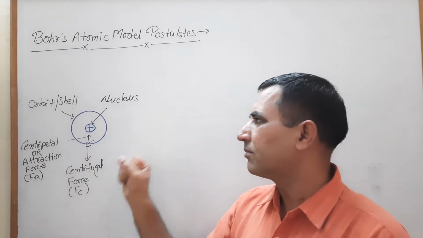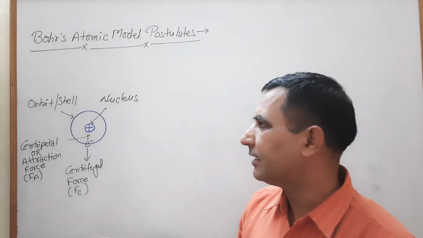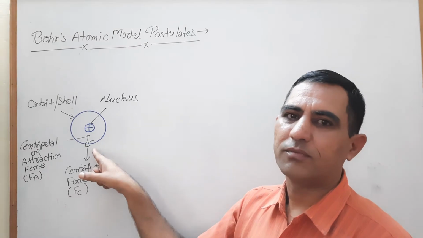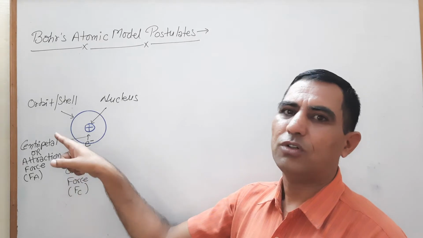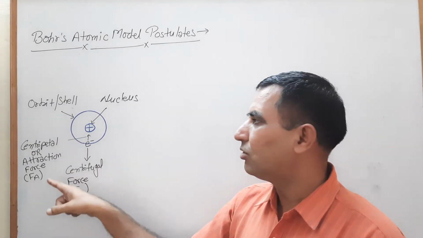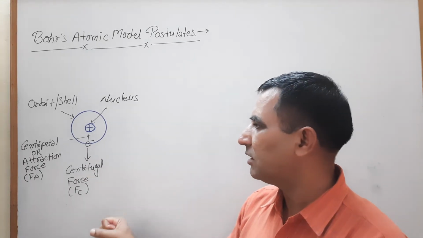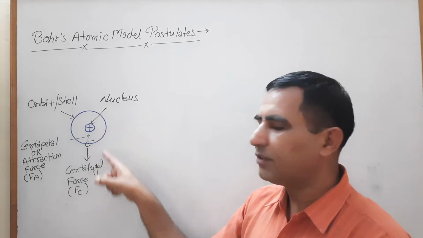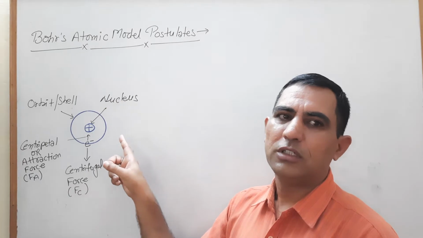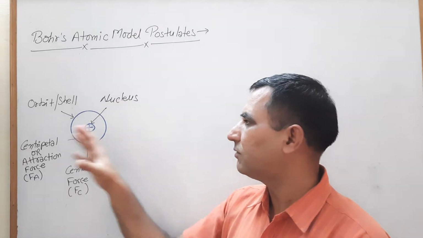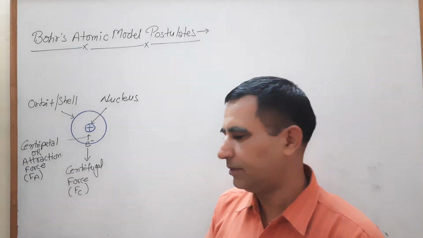Whenever an electron is moving in such circular paths, two types of force act on the electron. One force is toward the nucleus, known as the centripetal force or force of attraction, developed due to the charge present on the nucleus and on the electron. The second is the centrifugal force, which is away from the nucleus, developed due to the revolution of the electron around the nucleus. Let's discuss those one by one and conclude our first postulate of Bohr theory.